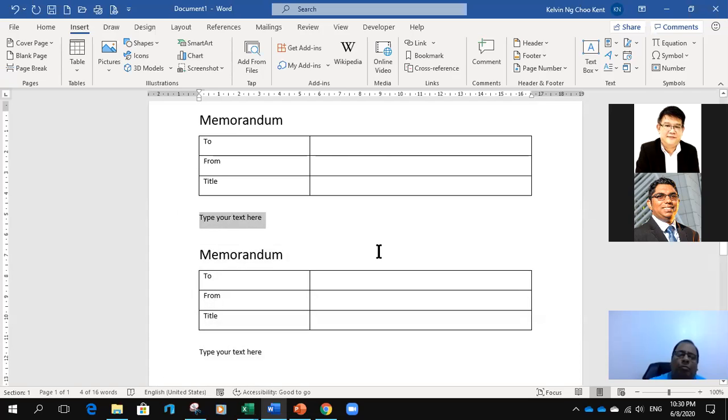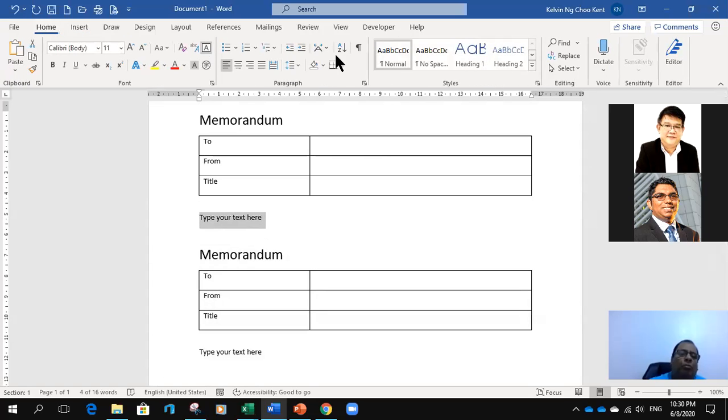Now, if I'm going to start a memorandum for this, I can go to the feature in my home ribbon. I don't want to type my memorandum. So I'm going to highlight this. I'm going to go to dictate. I start my dictate. So this is, okay, let me just start all over again.